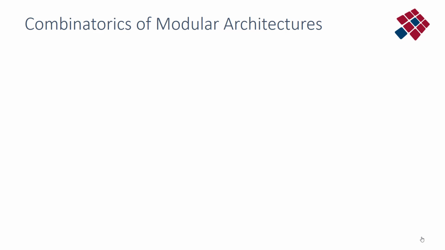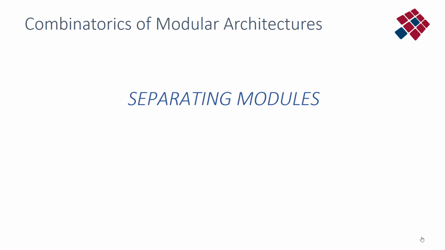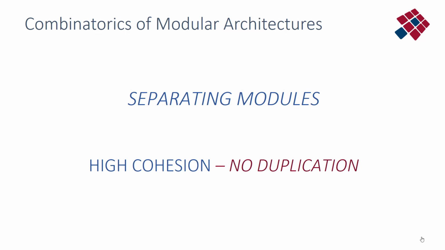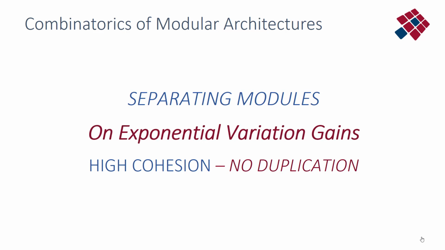Now, let us look at the combinatorics of modular architecture. First, it's about separating modules. We want to separate modules, high cohesion, because we do not want duplication. That's basically the main reason. And so we talk about the exponential variation gains that we could have by separating modules into highly cohesive separate modules. If we create a system or process, because we have explained that modularity can only be viewed and studied in depth if we look at the manufacturing as well, the creation of the